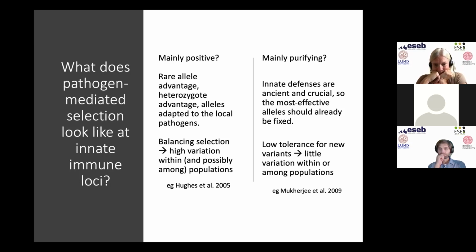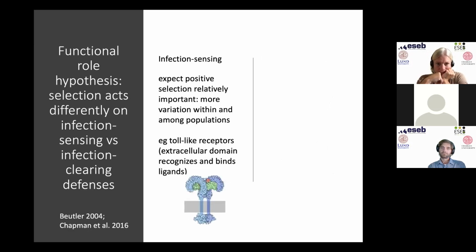And so then there might be low tolerance for variance and relatively less variation either within and or among populations at innate defenses. So two possible ways of viewing this, and a third possibility, I guess, and that we can